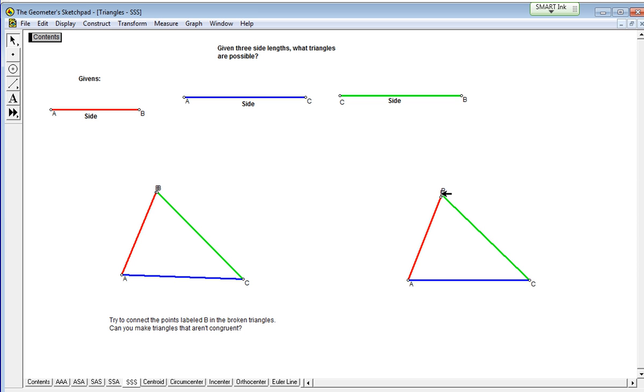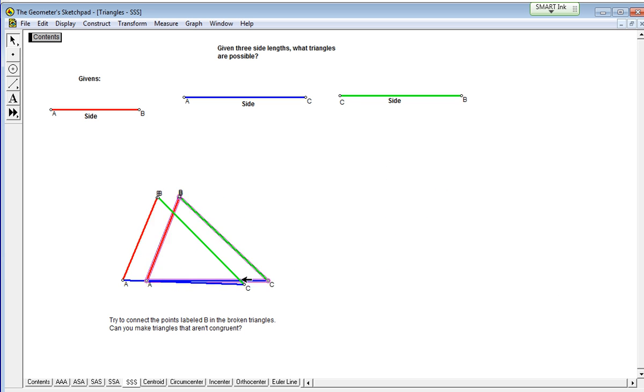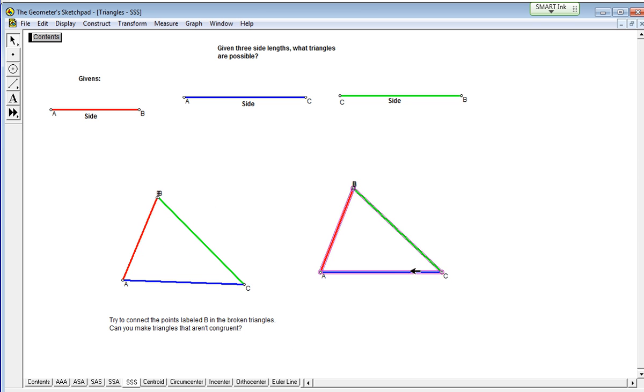Okay, so the question is, are these two triangles the same? Do they have the same shape and the same size? Now, what I need to do is just move this down a little bit. It's not going to move. Okay, so the question is, are these the same? Well, yes, you can see that they are exactly the same. So SSS, I know, is a proof of congruence. How about